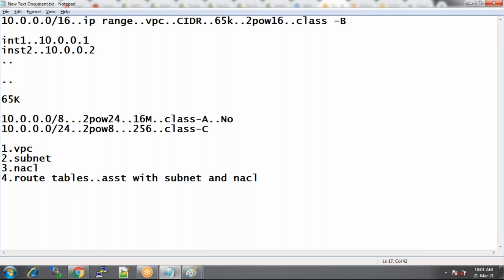Since in this example we have application servers and also database servers, I will be creating a VPC with two subnets, public and private. On the public subnet I will be deploying application servers, and on the private subnet I will be deploying database servers. For the public subnet, I provide a NACL and internet gateway, and allow traffic from everywhere. Whereas for the private subnet, I will allow access only from the particular public subnet. But we have not taken that scenario yet, so we'll take it in the next session.